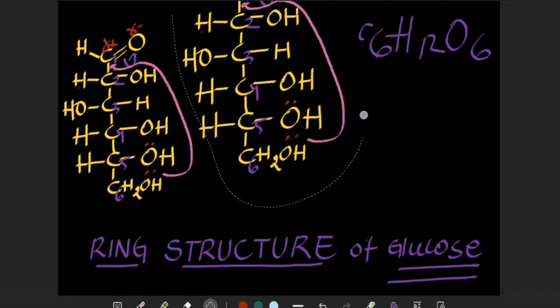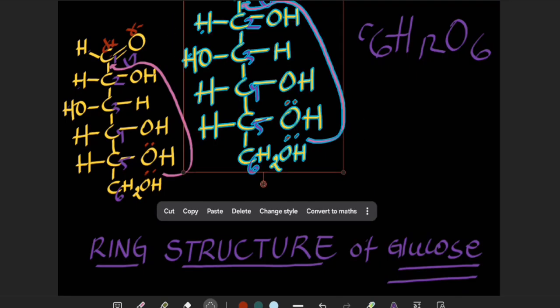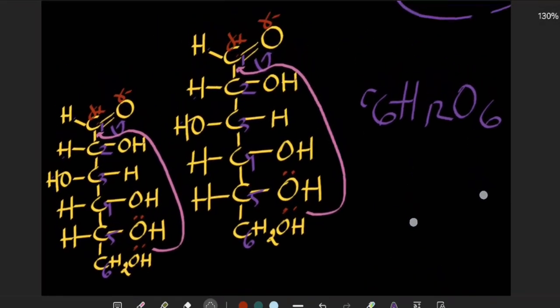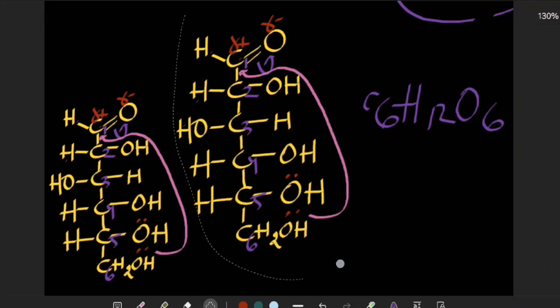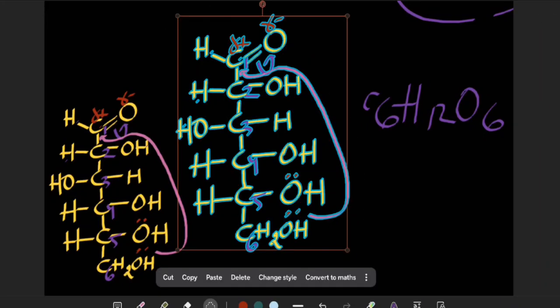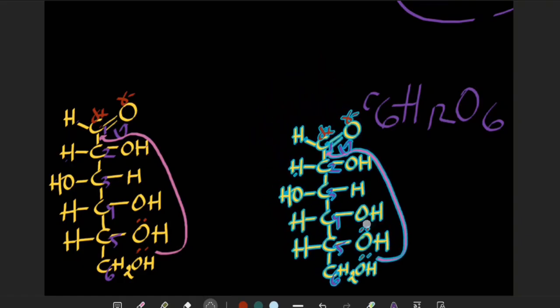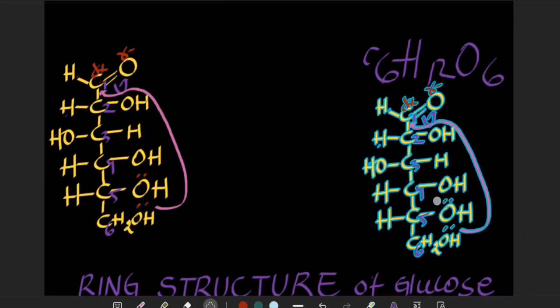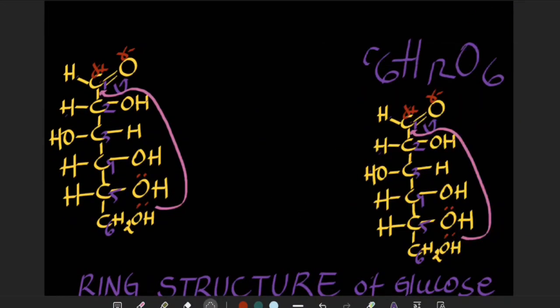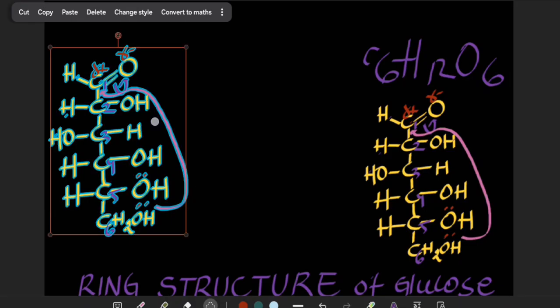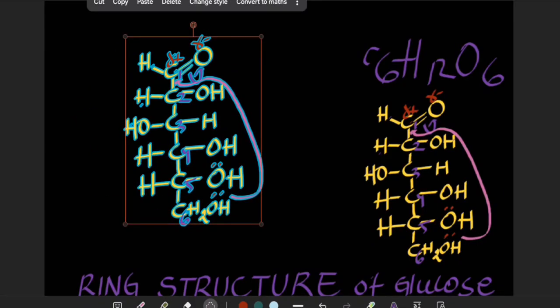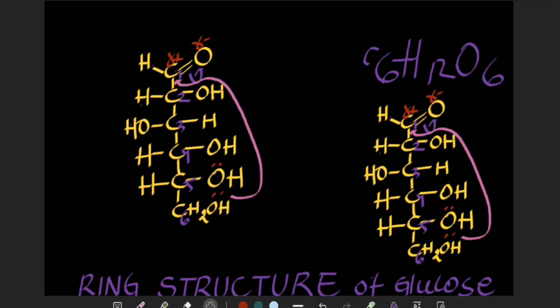I'm gonna take this a little bit smaller because we already understood this part. So I'm just gonna keep it over here, and then I'm gonna take this part over here so that I can show you how the ring structure forms. So now what will happen is,